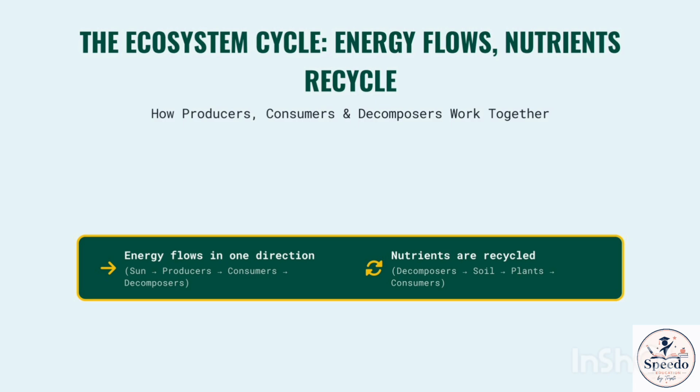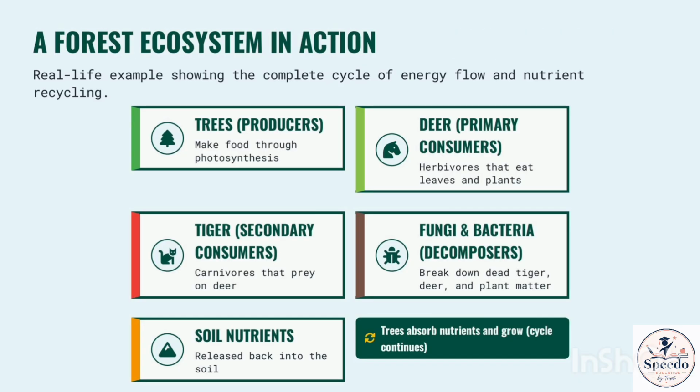Key points to remember: consumers help transfer energy through the ecosystem. Consumers control population and support diversity. Some consumers help in pollination and seed dispersal. Herbivores, carnivores, omnivores, and parasites are different types of consumers. Decomposers break down dead organisms. Bacteria and fungi are the main decomposers. Decomposers recycle nutrients and improve the soil's fertility. Without decomposers, the ecosystem could not function properly. How producers, consumers, and decomposers work together.